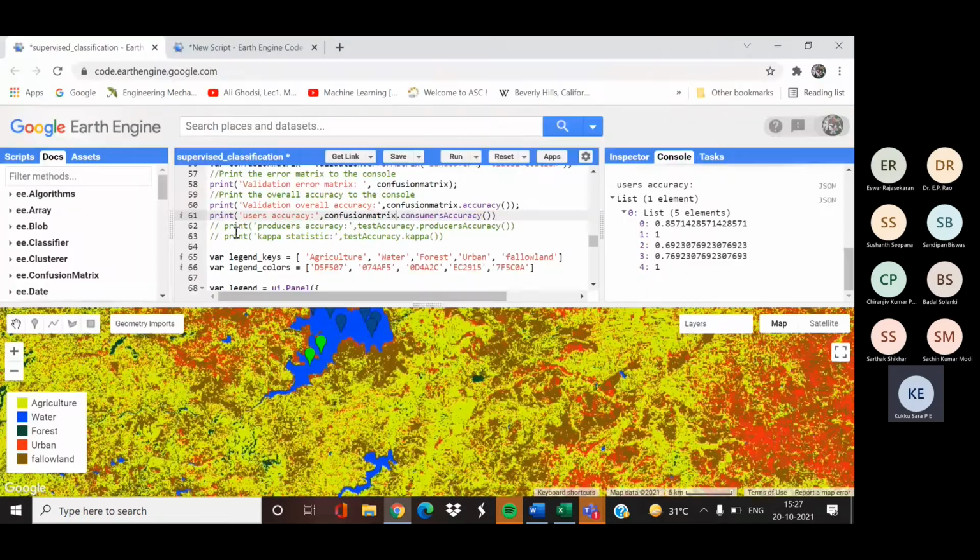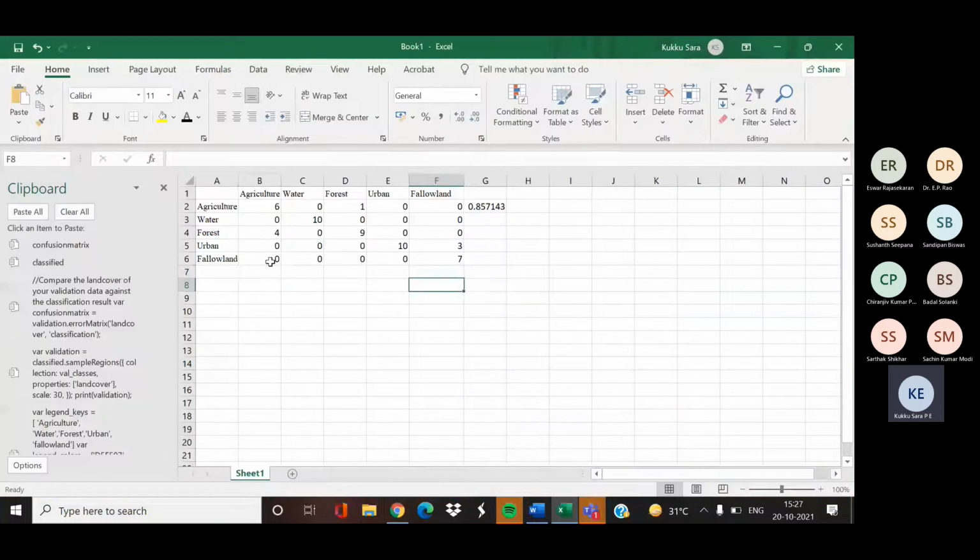So similarly, we can calculate the producer's accuracy also. Producer's accuracy is, if you take the column, out of all the pixels, 6 pixels are classified as agriculture, but the 4 pixels which are originally agriculture are wrongly classified as forest. So this is our reference data. We have taken 10 pixels as reference data.